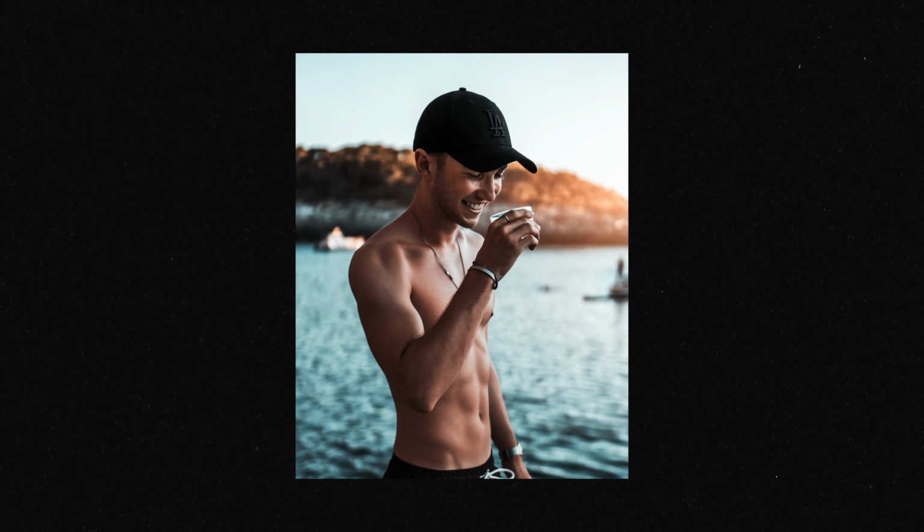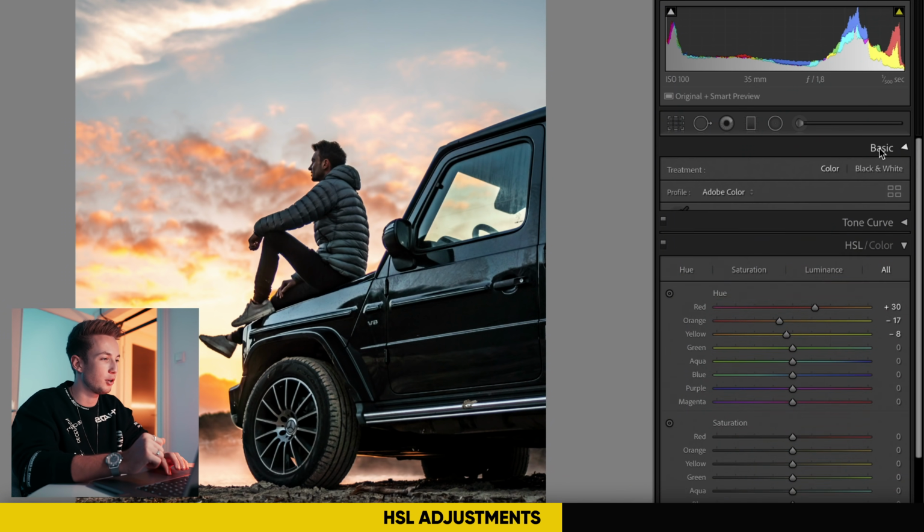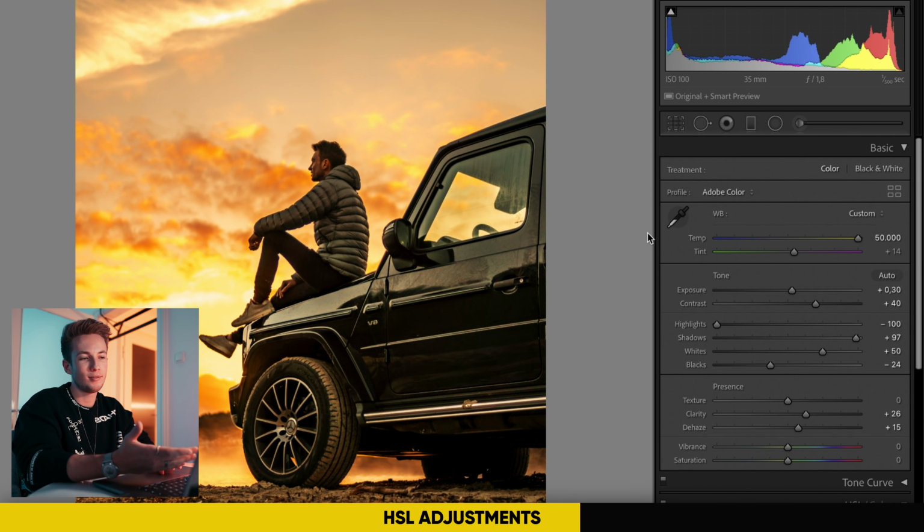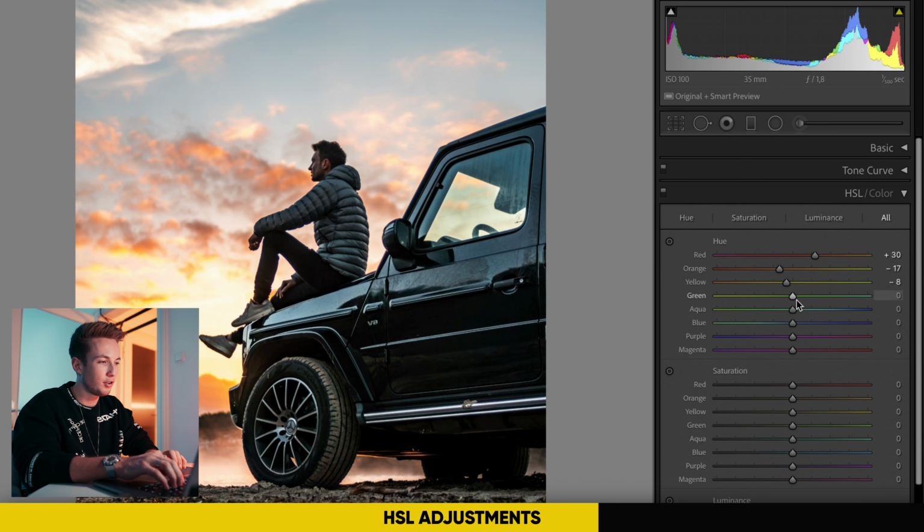That's actually something I always try to do, is to create some kind of color contrast in an image. For example, blue and orange, where you just kind of create a contrast with the colors themselves and not with the brightness levels. If we, for example, go to the Basics tab and just boost up the temperature, you see this looks just boring because there's no color contrast going on in here. So let's have a look at the green tones.